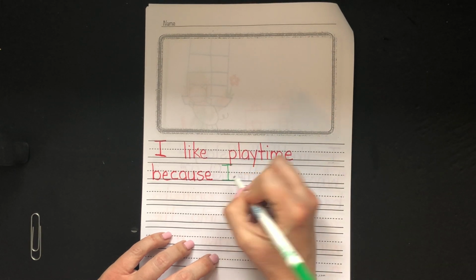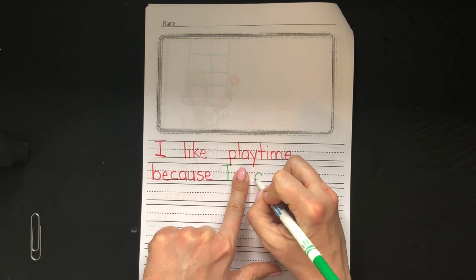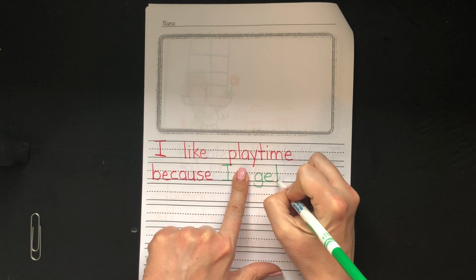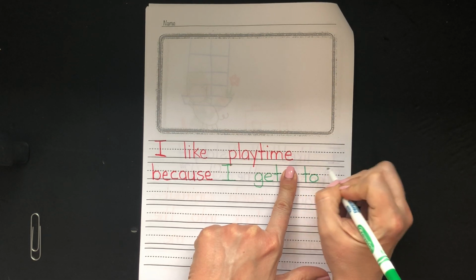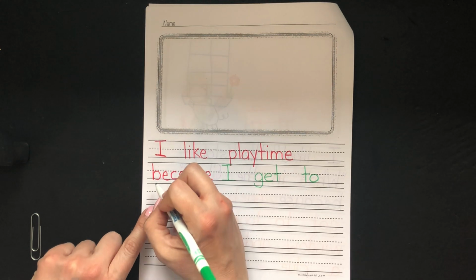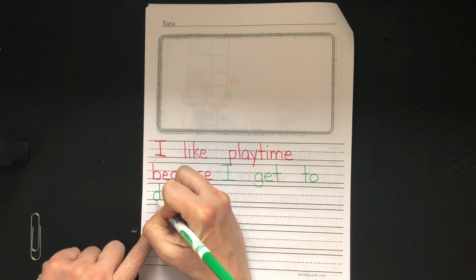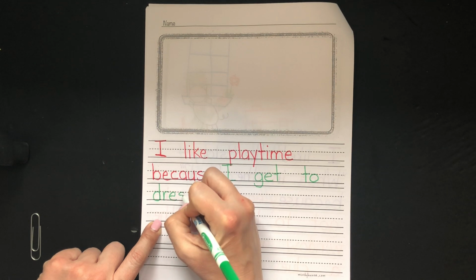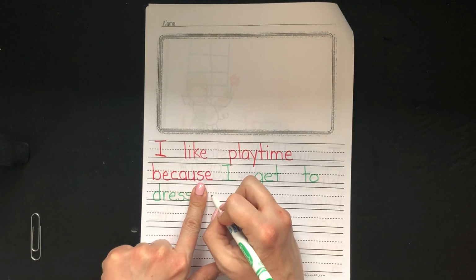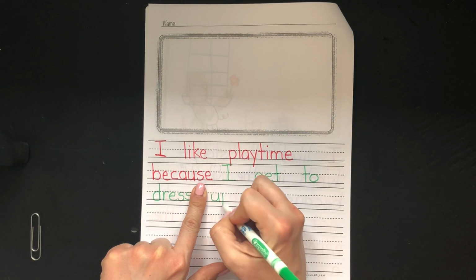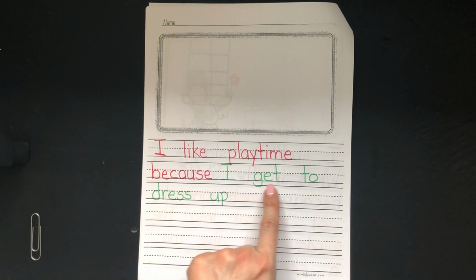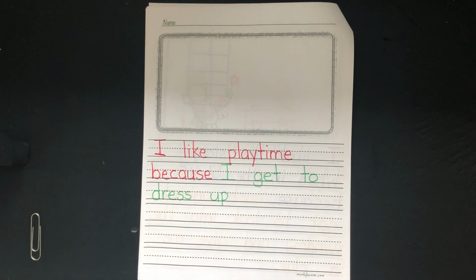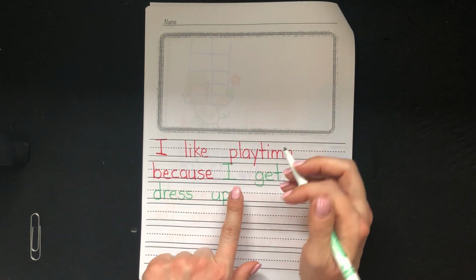I like playtime because I get to dress up. This is how we sound out our words. I like playtime because I get to dress up, and I'm not going to stop there. I'm going to tell you what I like to dress up as. I get to dress up like,